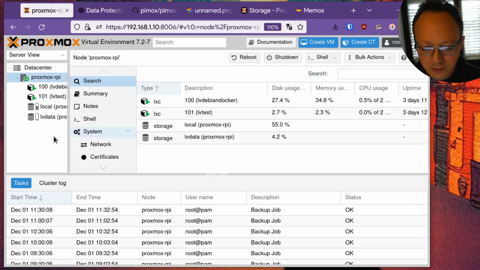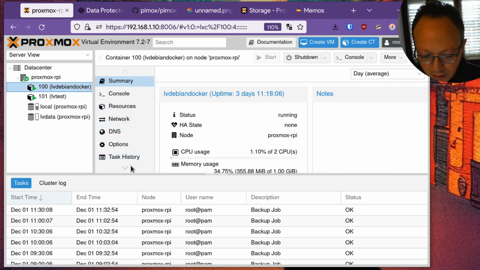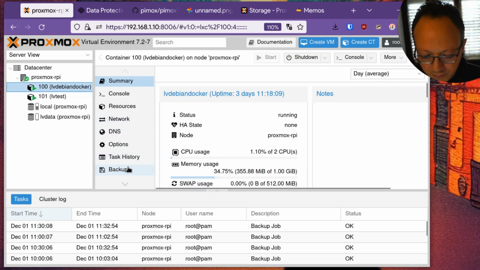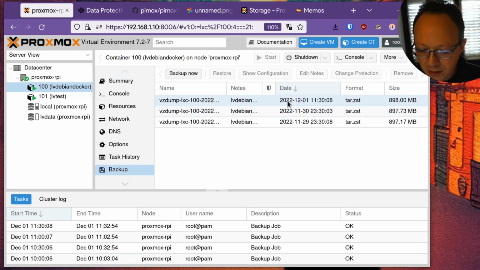But in Proxmox it's a little bit different. So if you want to do the backup of this container, you have to go in here, backup, and you can set it up from here. But this is a backup, so it's quite slow and also bigger than the snapshot. And as far as I know, there isn't a way to do automatically snapshots from here.